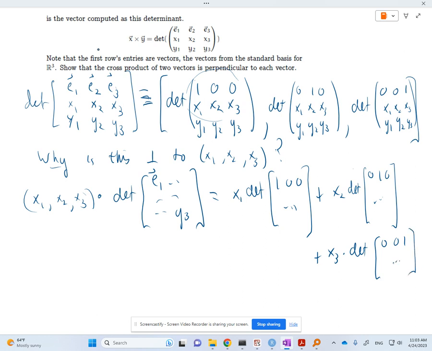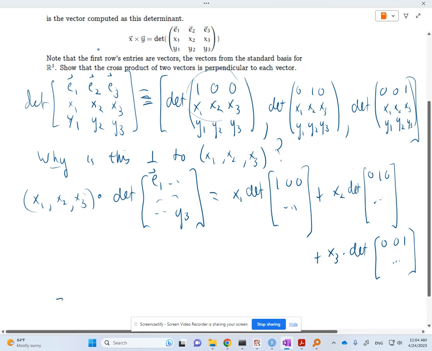Okay. All right. So what about these three terms? Now, notice we know something about determinants. We know that if we multiply one row of the determinant, that multiplies the determinant by the same number. So this x1 times the determinant here is actually equal to, I can bring the x1 in. So let me just say that. So recall